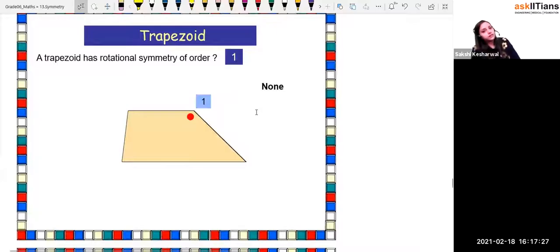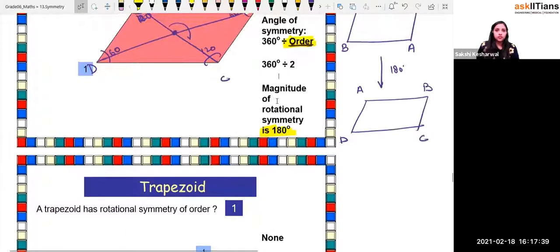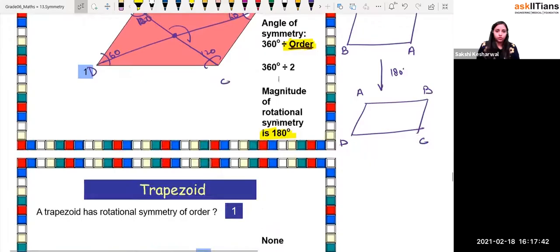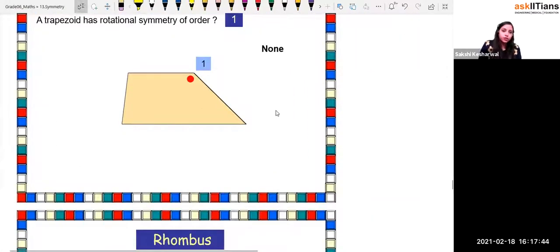So the trapezoid has a rotation symmetry of order 1. It is having none, right? The answer is 0. No, it's a question, so it does not have, because over here, if you take any point on it, you cannot just draw the symmetrical figure or get the plane figure. So the order of symmetry is what, beta? Zero. It's going to come back only after the entire rotation of 360 degrees.